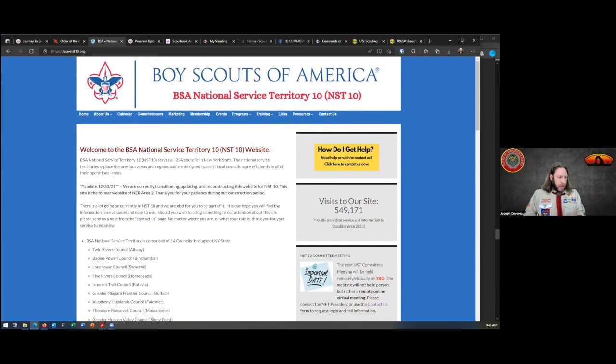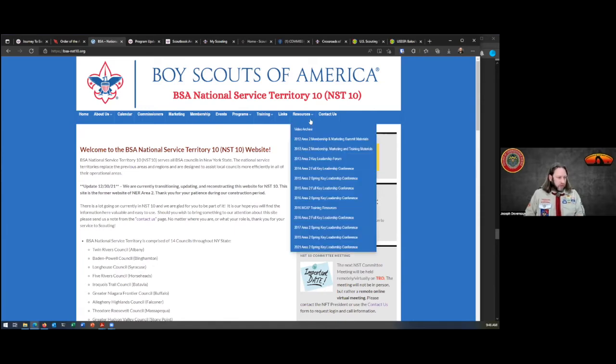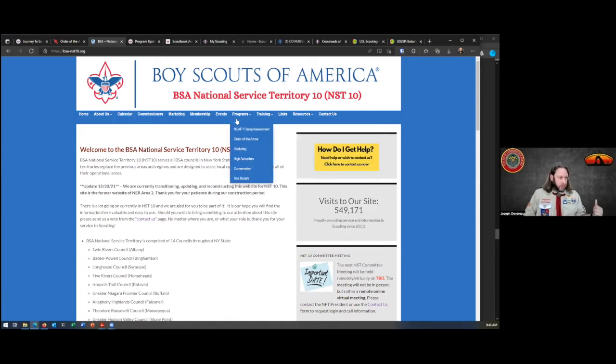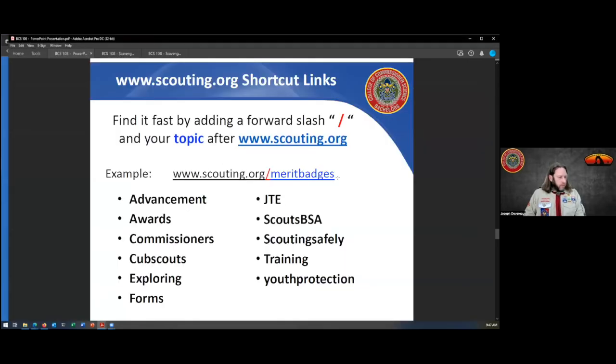Again, this is in that kind of gray area of, yes, it's national, but it's not national at the same time. This is a group of individuals from the territory setting this up. As it says here, councils in New York State. So they've kind of centralized on this, but again, not official, just references and links to other things. Hopefully they're linking back to National's content for us. Okay.